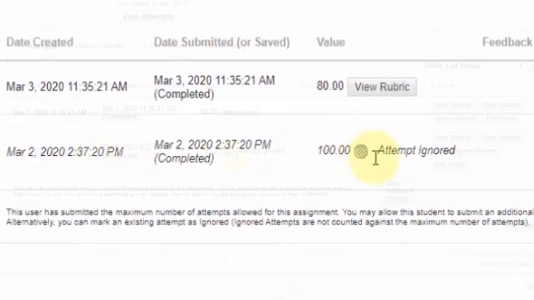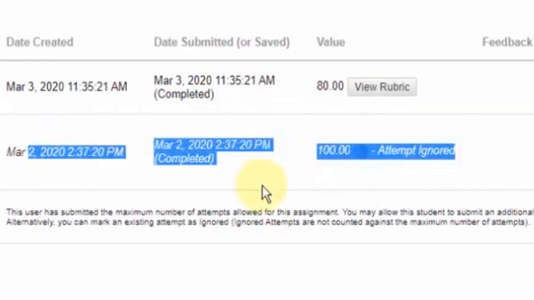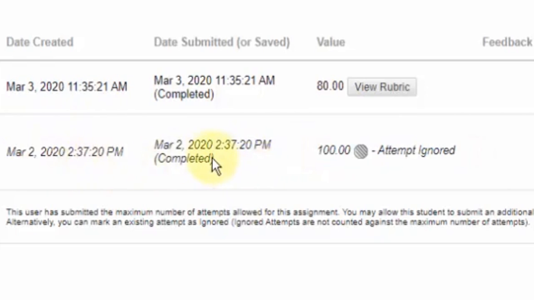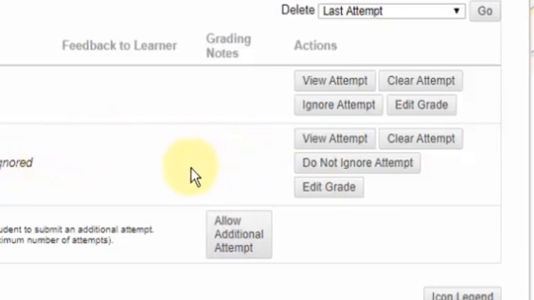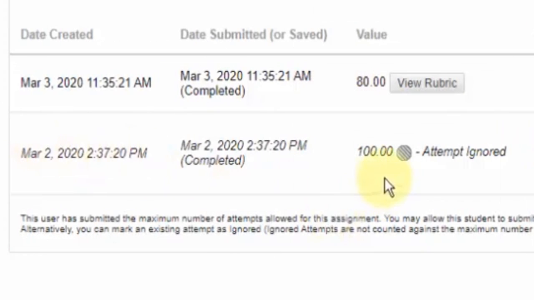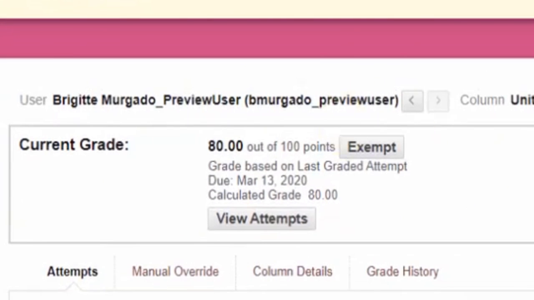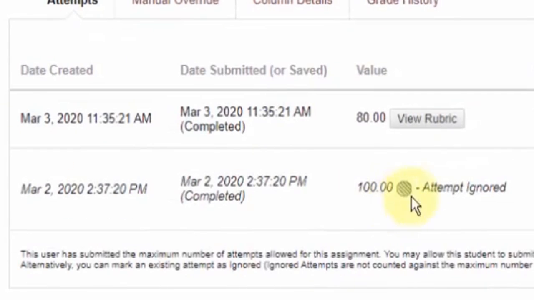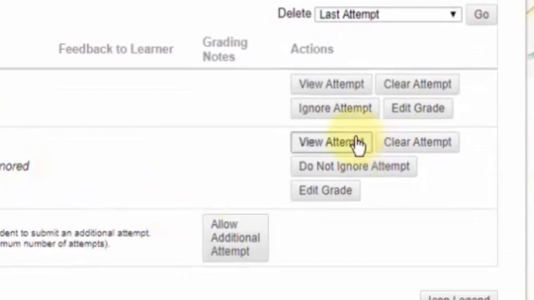And here, because I've given them a second attempt, as you can see here, originally this was completed yesterday, but I wanted to submit another attempt. So when I clicked, I was given the option of ignore attempt, and it saves it here, and it actually saves the paper, so I'm able to see it, and that's why I got that error message. If we go view attempt,